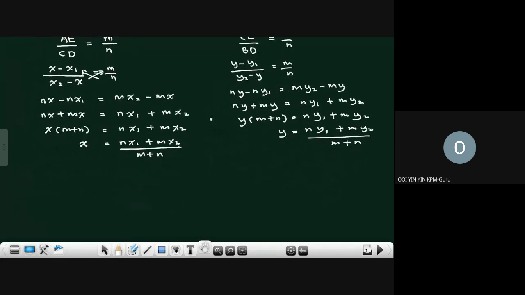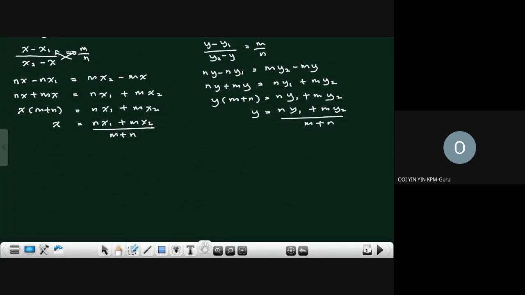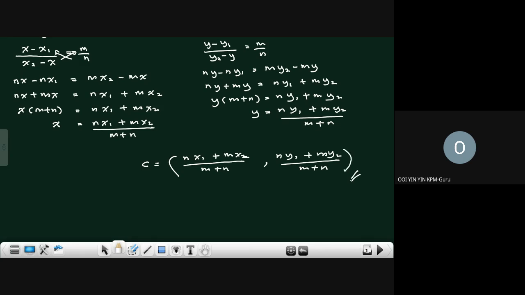So overall, then you see you get your coordinate x, your coordinate y. That's why the overall formula to find our point C just now is equal to nx1 plus mx2 divided by m plus n, and then here is your ny1 plus my2 divided by your m plus n. Here goes, the formula is being proven. How you derive, you get it. Okay. Now,